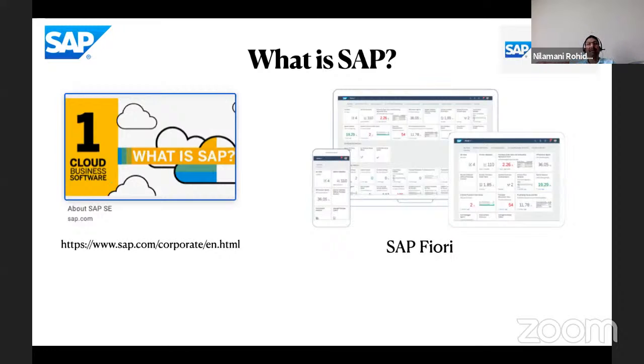Now when you go to SAP, what SAP offers, if you go back a long time, it was mostly only a Windows based application. And they have their own language, the SAP ABAP 4. So they used to develop everything with SAP ABAP 4, and so you can see only that Windows